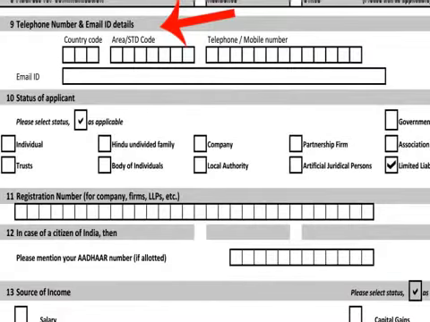Telephone number and email ID details are to be filled in item 9. Telephone details should include country code, that is ISD code, and area or STD code. Example, details of a Delhi telephone number 23557505 should be filled as 91 the country code, 11 the STD code. The numbers and the email ID are necessary to contact applicants in case of any discrepancy in the application, send the PAN card via email, and send SMS status updates.